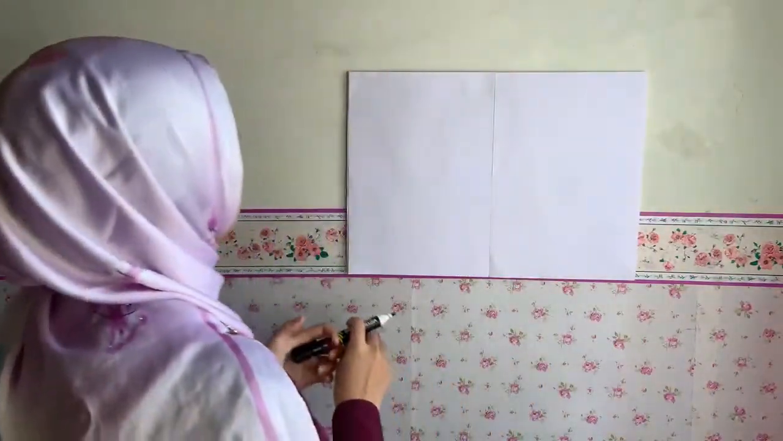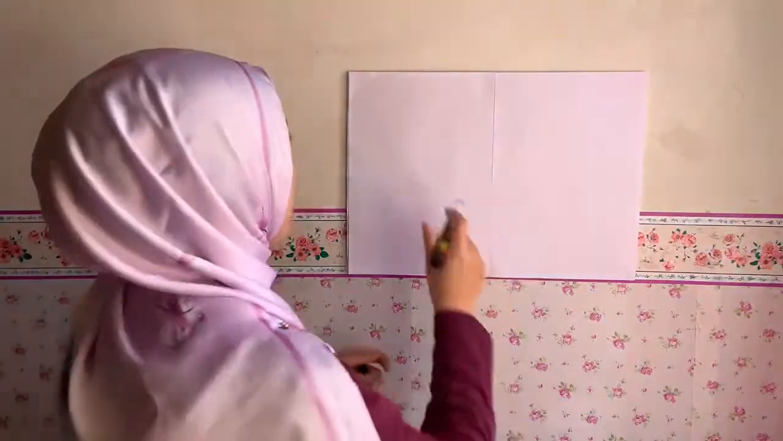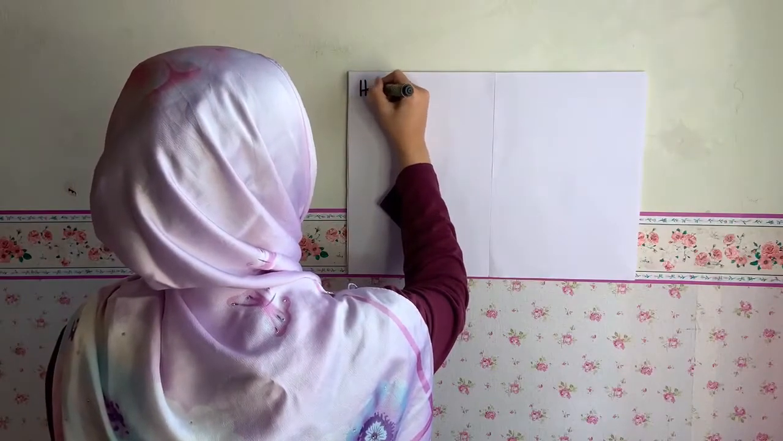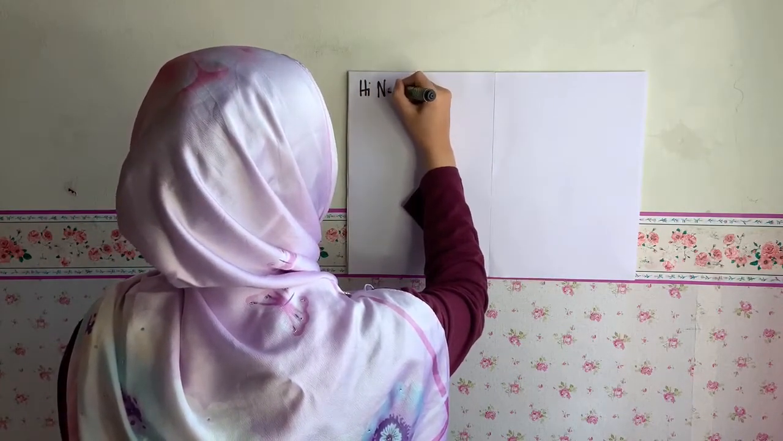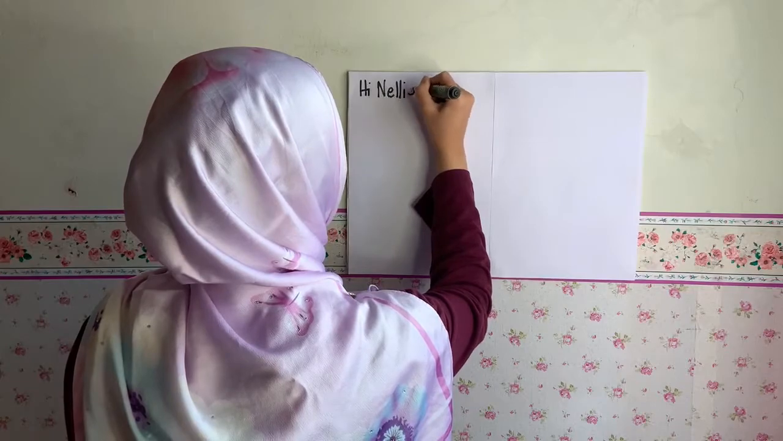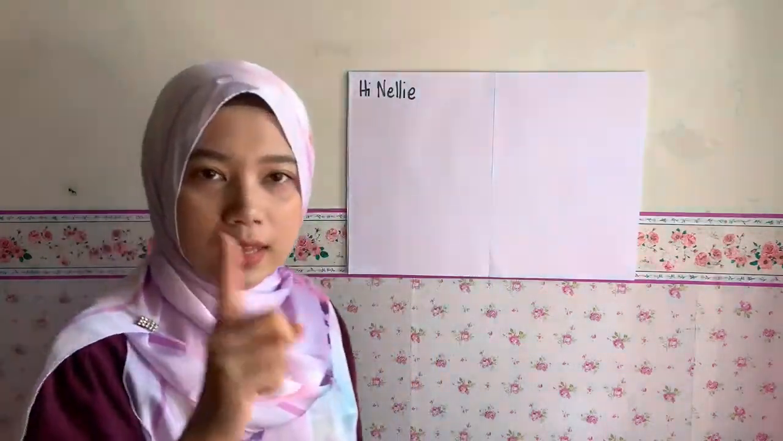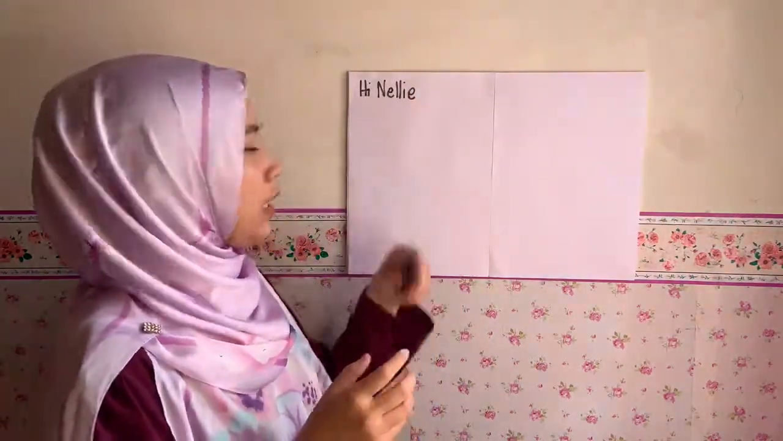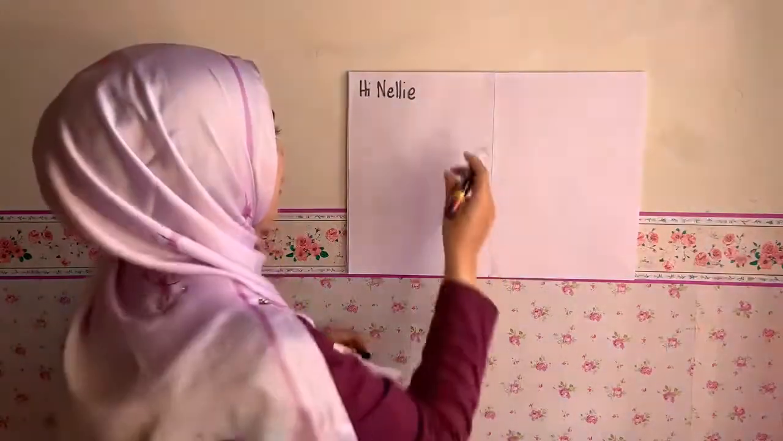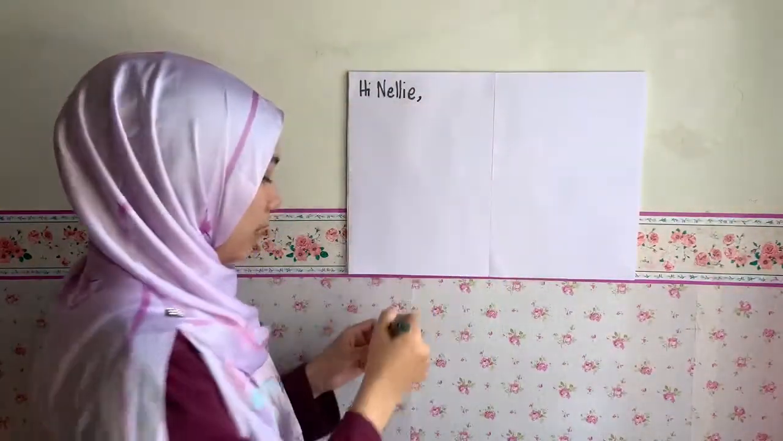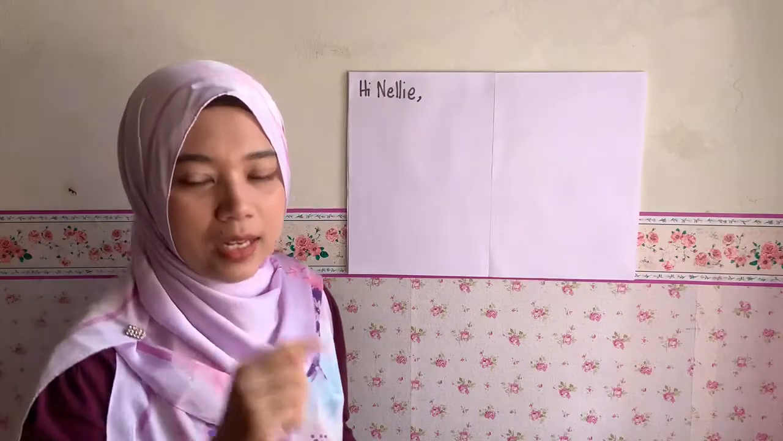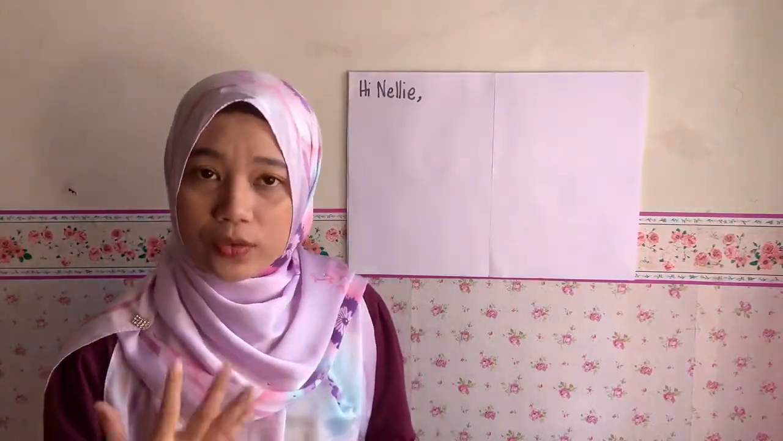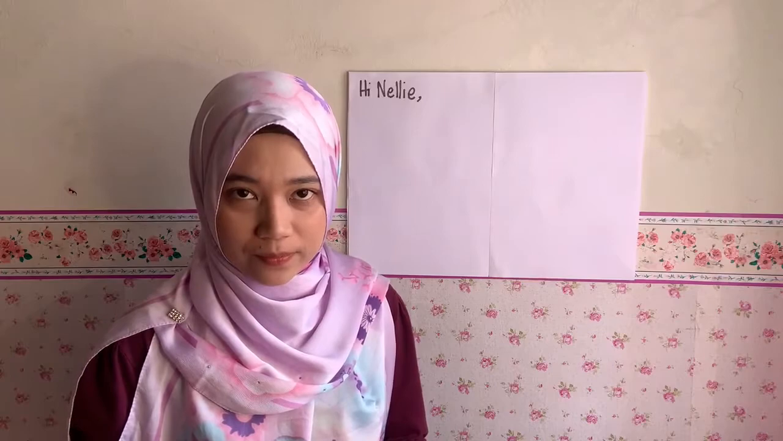greetings. So you can start with hi. Hi. Hi, Nelly. The spelling must be correct. N-E-L-L-I-E. Nelly. And then comma. Hi, Nelly. And then introduction. What should you say in the introduction? That is